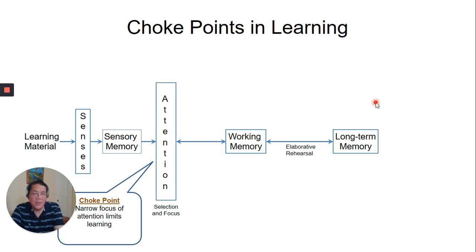So you think you're seeing the entire scene when in fact you're only paying attention to a very small portion. A lot of things can happen outside your focus of attention and you'll miss it. So what that means for studying is that if you are dividing your attention between two different tasks or two different sources of information,